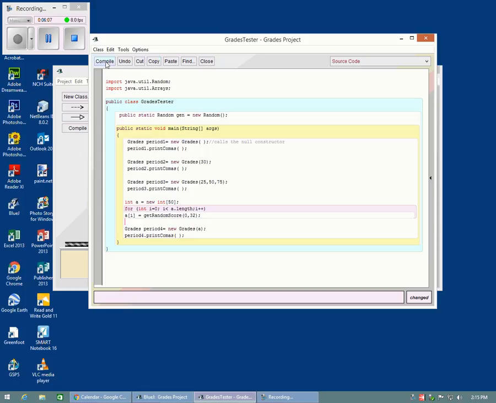So let's compile that, see if we like that. It says it doesn't like that, and that's because I forgot to make this an array. So let's compile that and get random score. It seems not to,